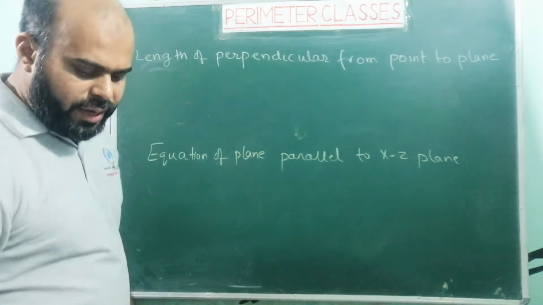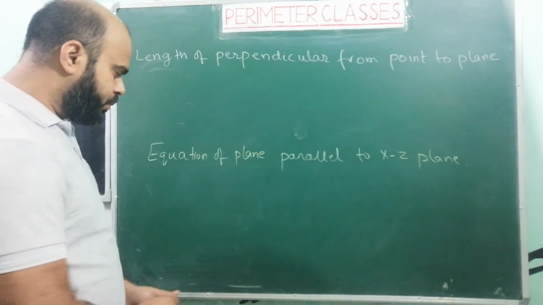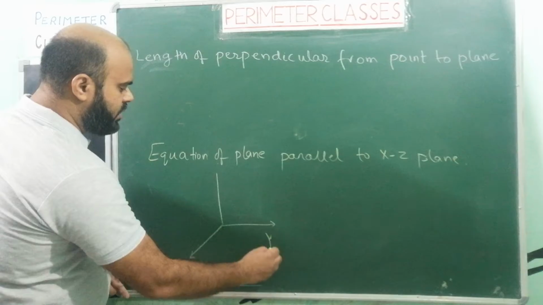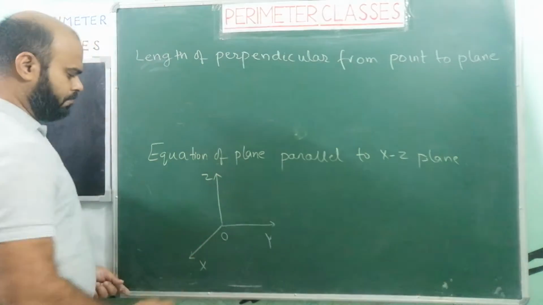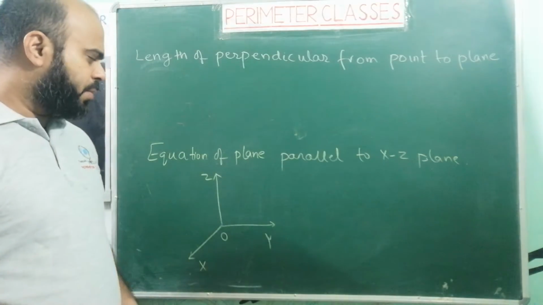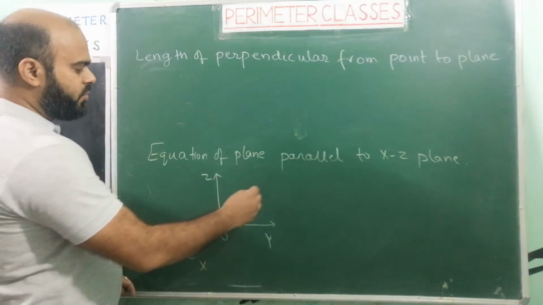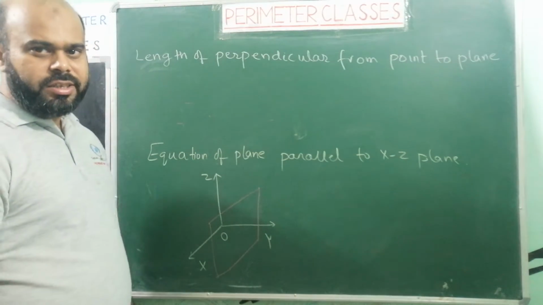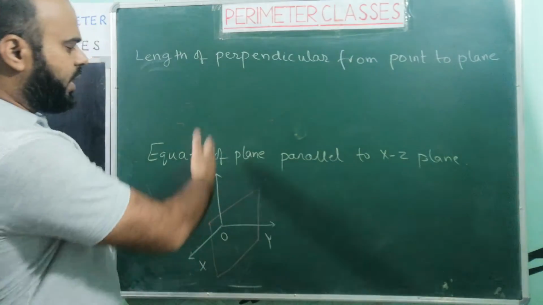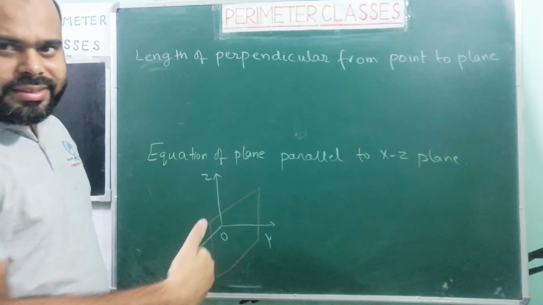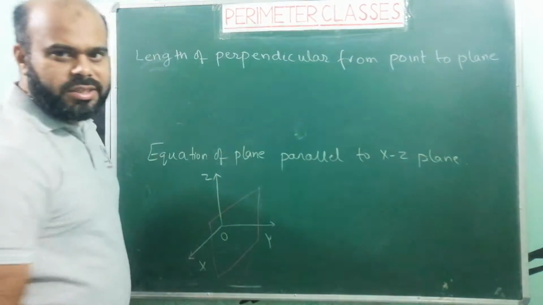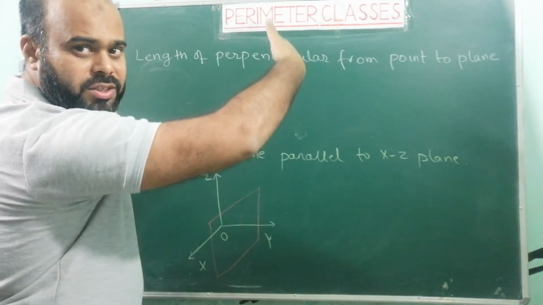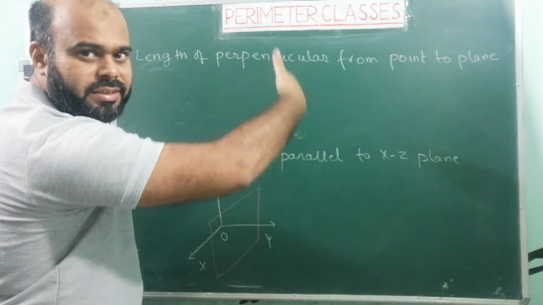So if I take a plane which is parallel to the xz plane, suppose we have a figure like this. This is the x-axis, y-axis and z-axis. Something which may appear to us like this in 2 dimensions, actually it is in 3 dimensions. So this is the z-axis, this coming out is the x-axis, and along this board is the y-axis. So this is x and this is z. A plane which is parallel to the xz plane would be something like this.